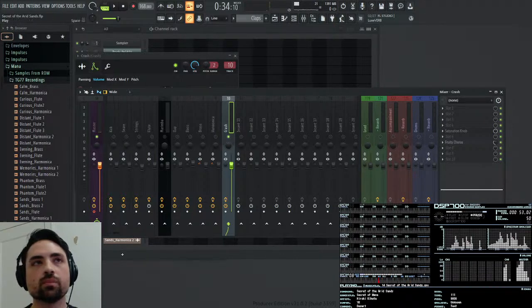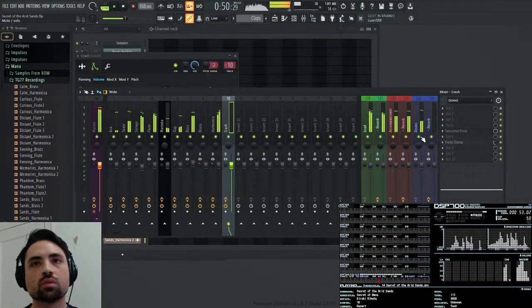No, no reverb. But it is very loud. Definitely needs to be louder.